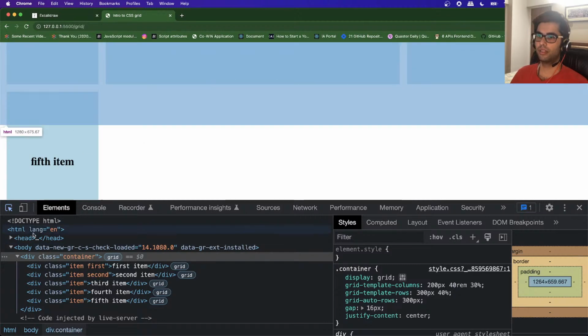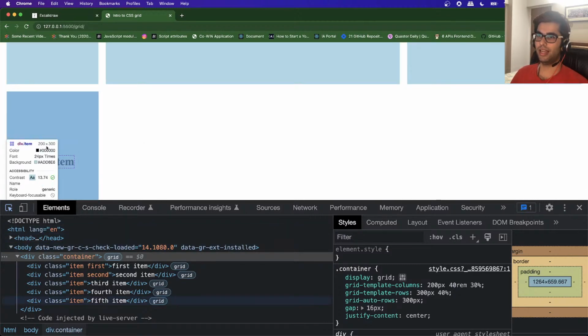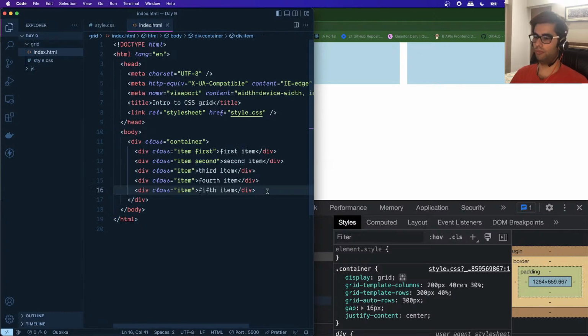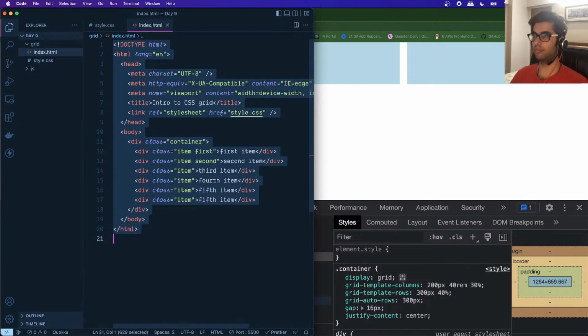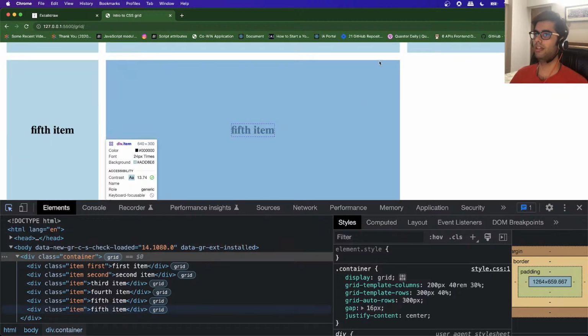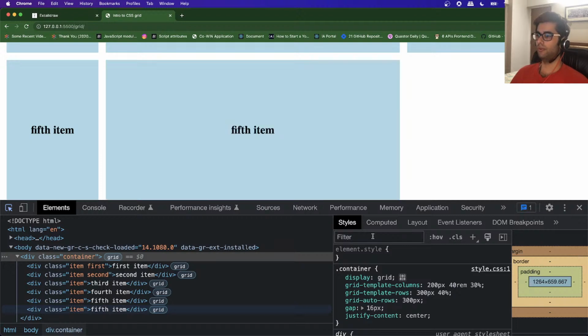Yeah, if we see this item, it has these dimensions. The width is 200 and the height is 300. Let me show you by adding another item, right? And you can see even this item is taking up a space of 300 pixels in terms of its height. So whenever you want to